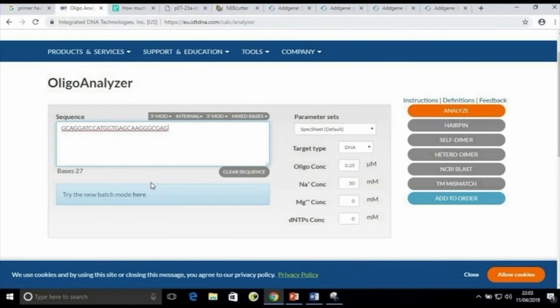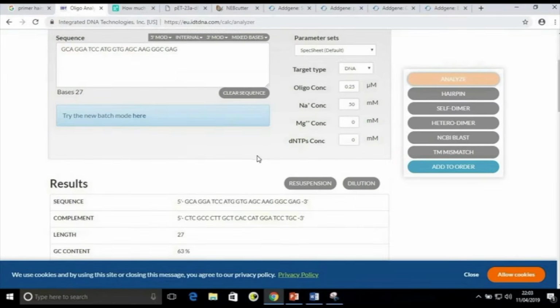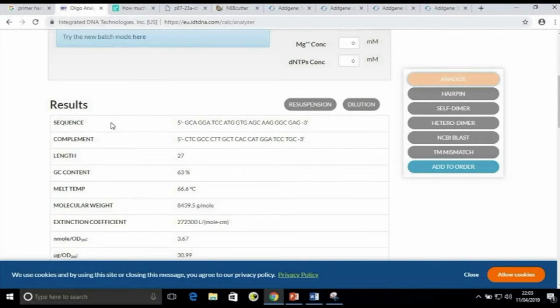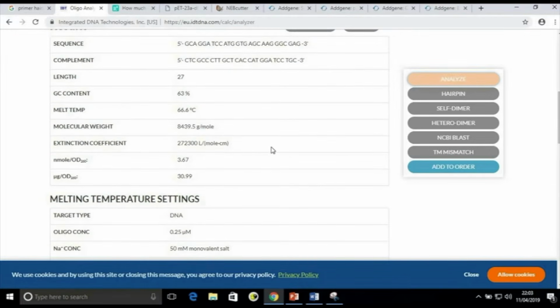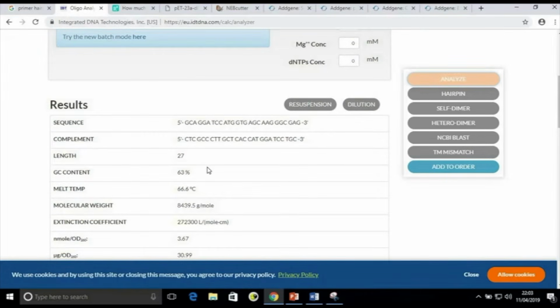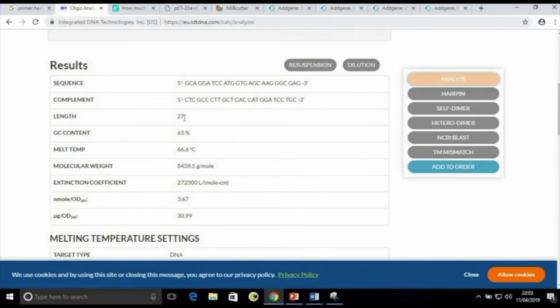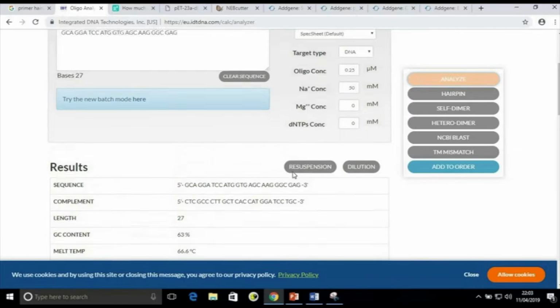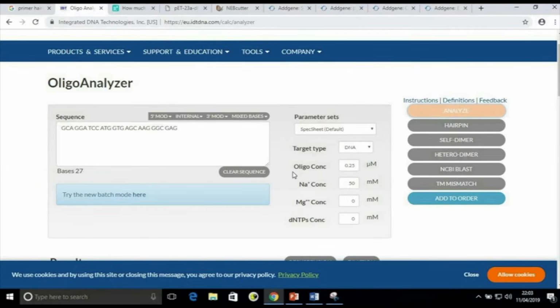I will paste the sequence and click analyze. Here you can see there are many options, like you can analyze hairpin loop, self dimer, heterodimer. These are the general details: the length, GC content, melting temperature, and molecular weight. These are normal details. I will go for hairpin loop.